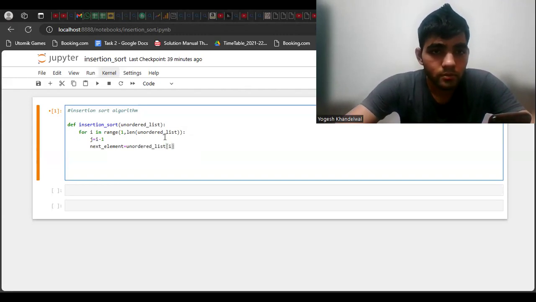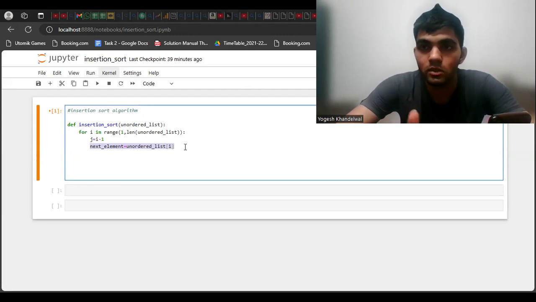So if i is equal to 1, then j is equal to 0, and next element is unordered list of 1. So j will correspond to the 0th index element in the array, and i will correspond to the index 1 element.